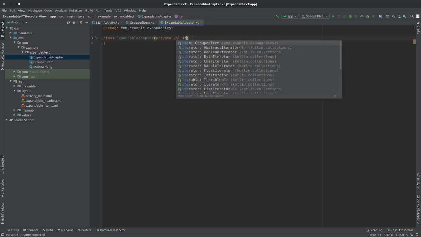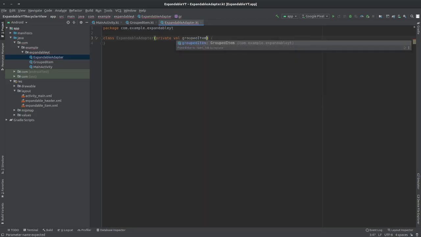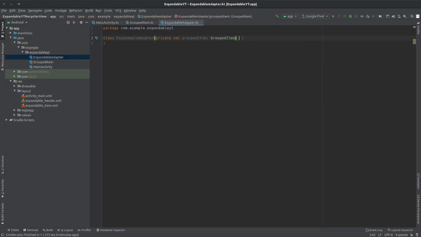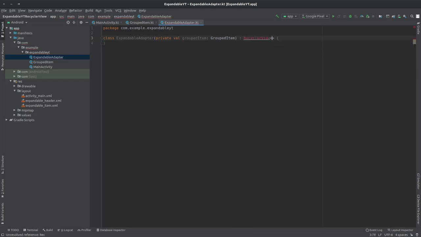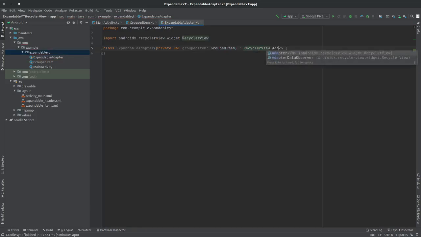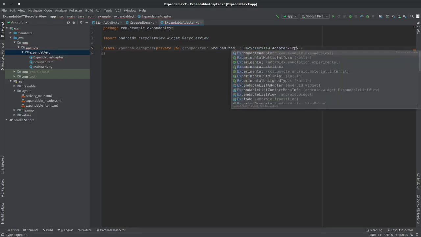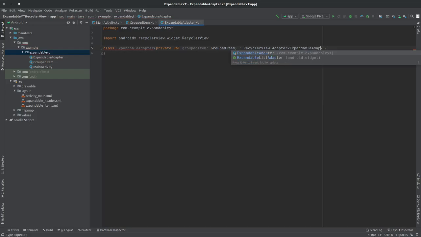It's going to be a grouped item, and it's going to inherit RecyclerView, import Adapter, and we're going to import and give it here ExpandableAdapter.ViewHolder,